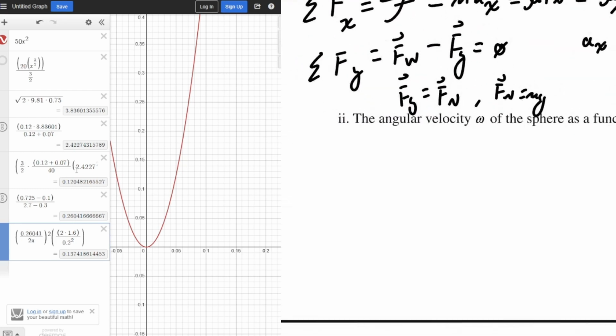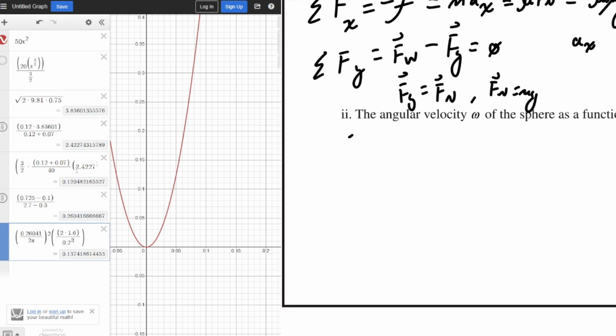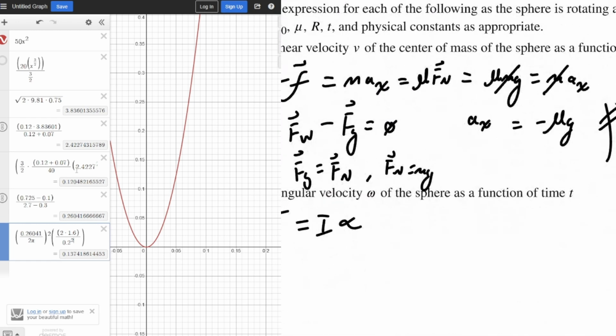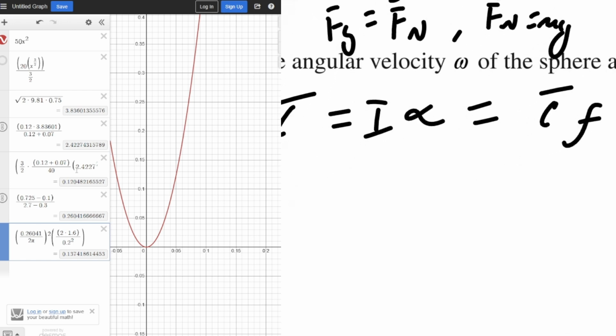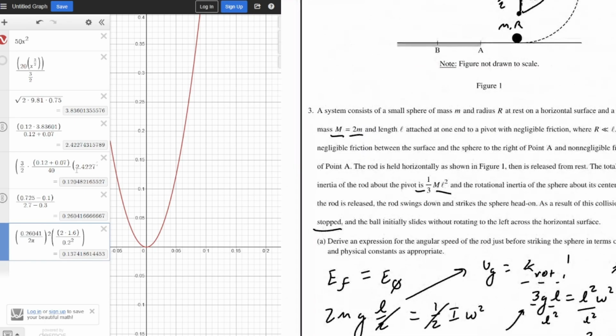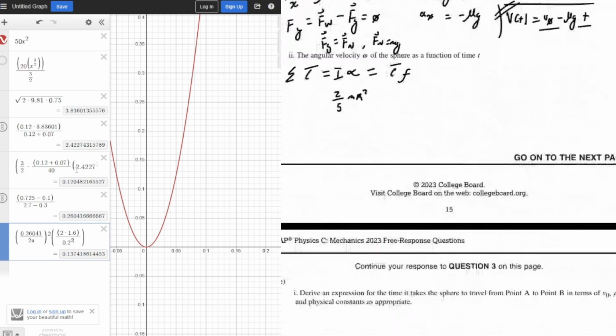The angular velocity w of the sphere as a function of time. Again, you can use a differential equation. I'm not going to. We're going to do sum of torques equals I times angular acceleration and recognize that the friction provides a constant torque that I'm going to call tau of F. Right? I'm going to simplify this right side down. We know I was 2/5 mr squared, and you may be asking, where'd you get that? Up here. This is where they give it to us, right? So that's the rotational inertia of the sphere